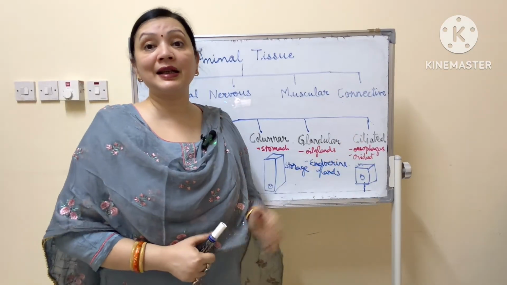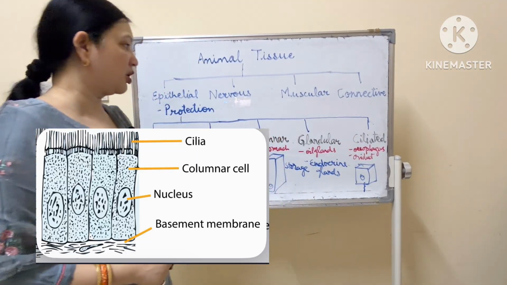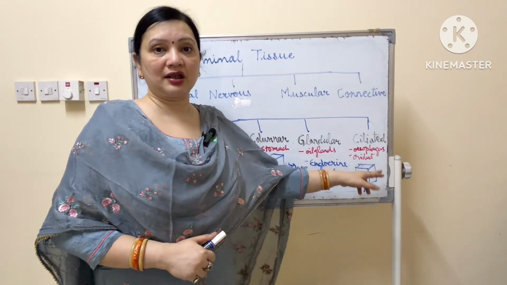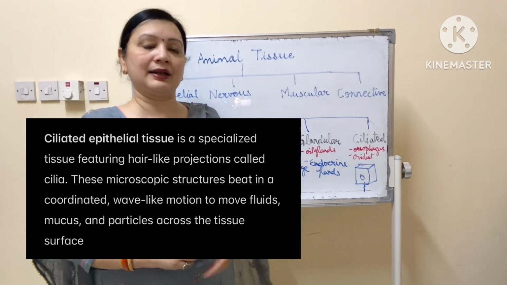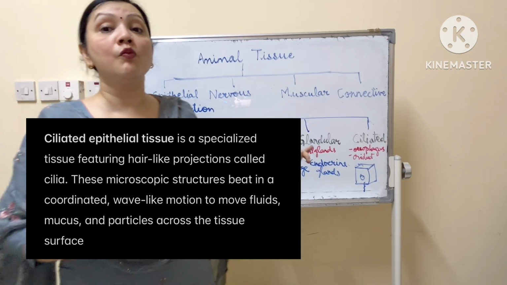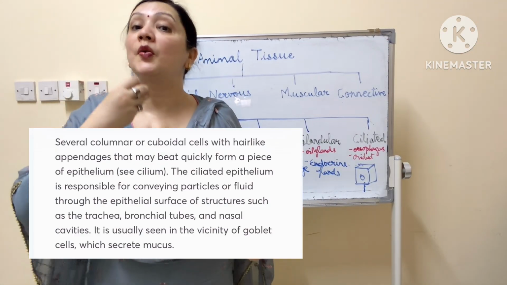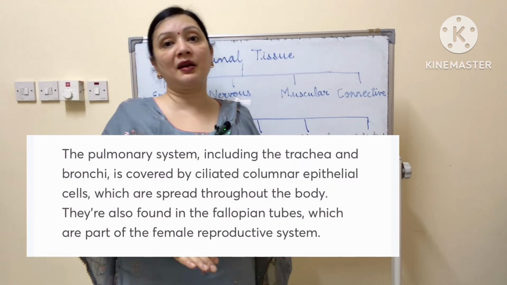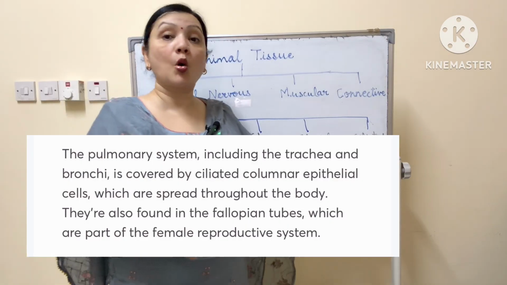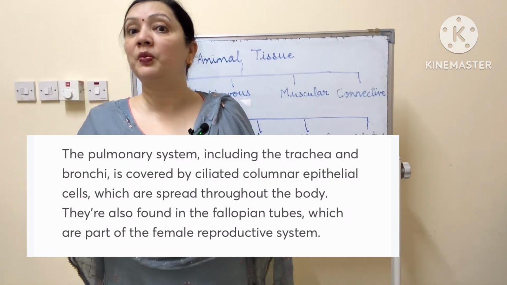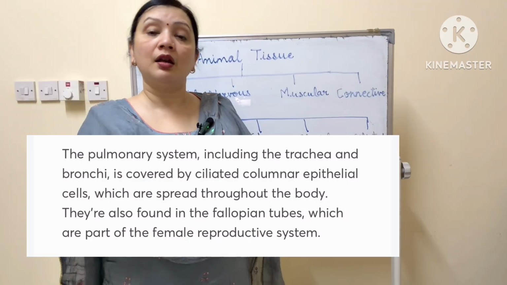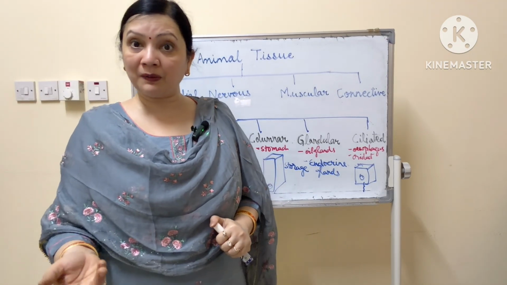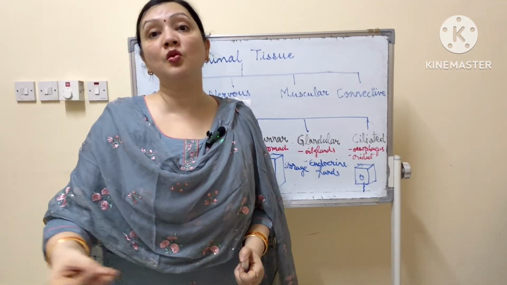The last type is ciliated epithelium. This is a modification of cuboidal or columnar, both it can be. In the structure of the cell, a cilia is attached. Now this cilia will help in the movement of substances. It is found in our esophagus, so that when we eat food, the food can move down to the alimentary canal easily. It is found in oviducts, so that the movement of sperm and ovum, the egg, is facilitated. It is also found in the sperm ducts, so that sperms can move easily.